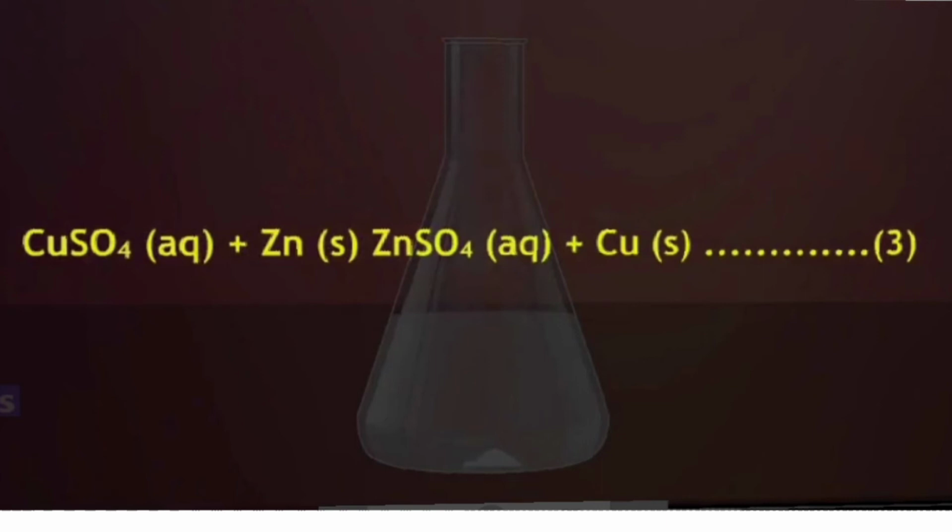Now we know that the zinc ion is formed from the zinc atom, and from the copper sulfate we get the copper ion. Now children, observe this reaction carefully. Here in this reaction, the place of ion of less reactive element in a compound is taken by the more reactive element by the formation of its own ion,